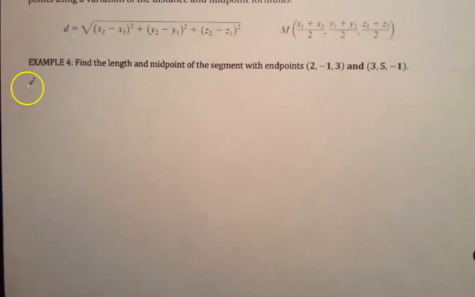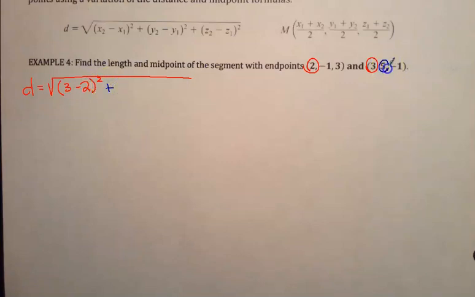All right, so first up is our distance. Our distance is going to equal the square root of the differences of their points. So I've got 2 and 3. Okay, so it says x2 minus x1. It honestly doesn't matter which way you do them, but I'm going to do them in that order. So 3 minus 2 squared, plus my y. So I'm going to circle my second one first. 5 and -1. So the quantity 5 minus -1 squared plus,